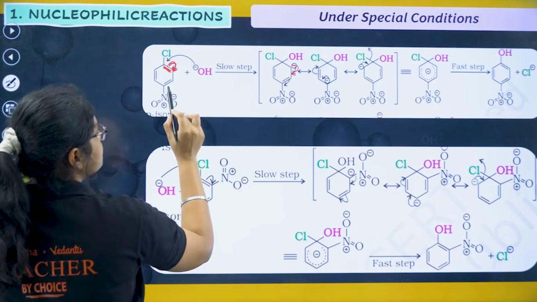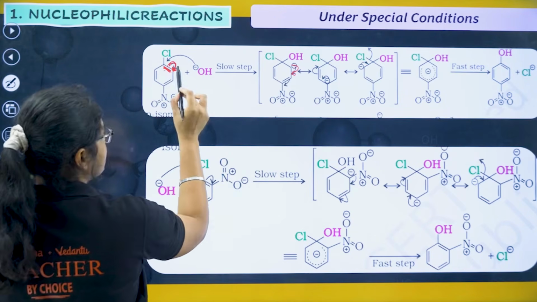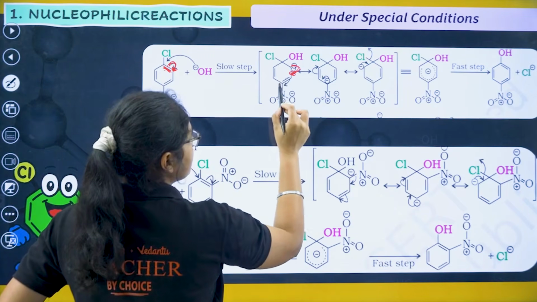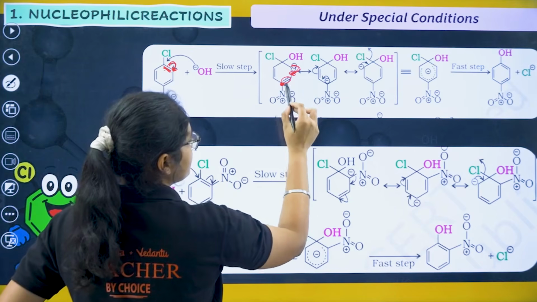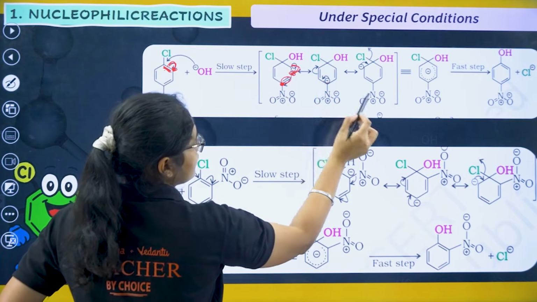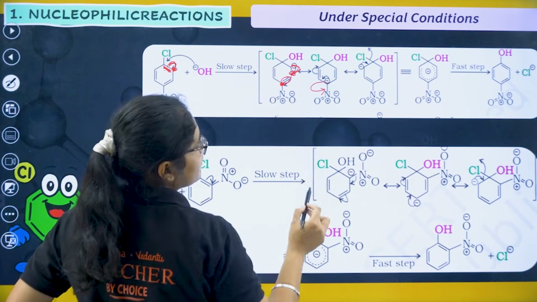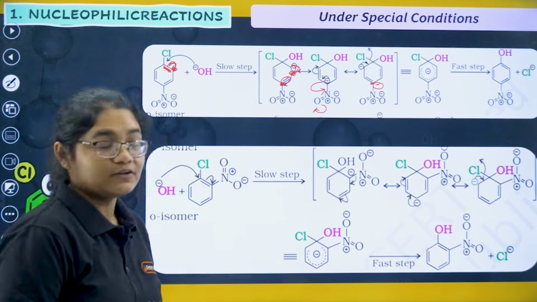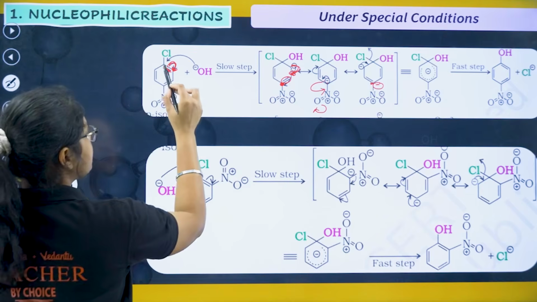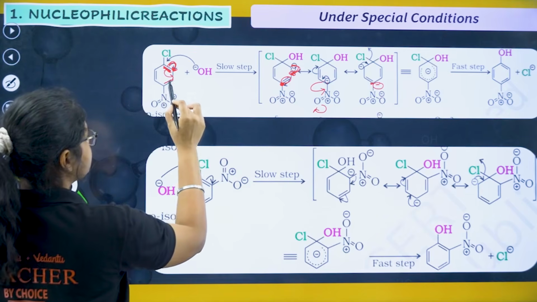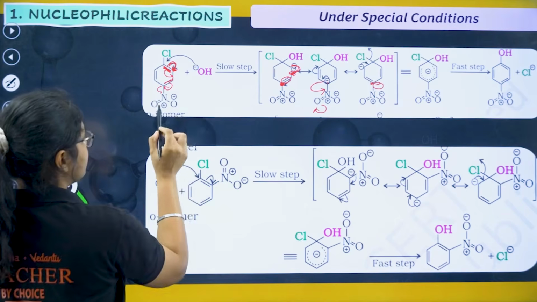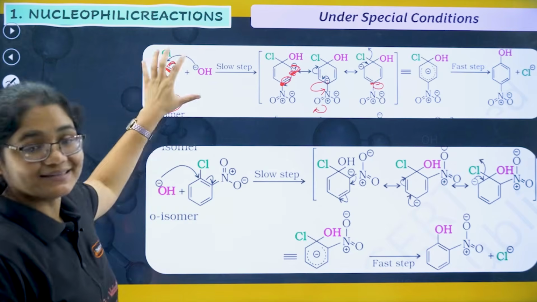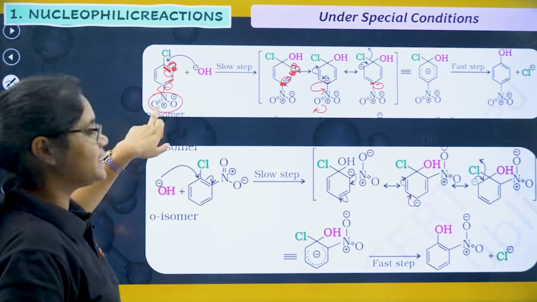It can move here. So now after that, these electrons are on this carbon. Then these electrons can come here. Now these 2 electrons are on this carbon. Now these electrons can further go to nitrogen, and the electron which was present here has now come to oxygen. So the electrons that were present here came here, the electrons that were present here came here, and after that they traveled and reached the NO2 group. So the NO2 group has stolen the electrons from the benzene ring when it is present at the para position.